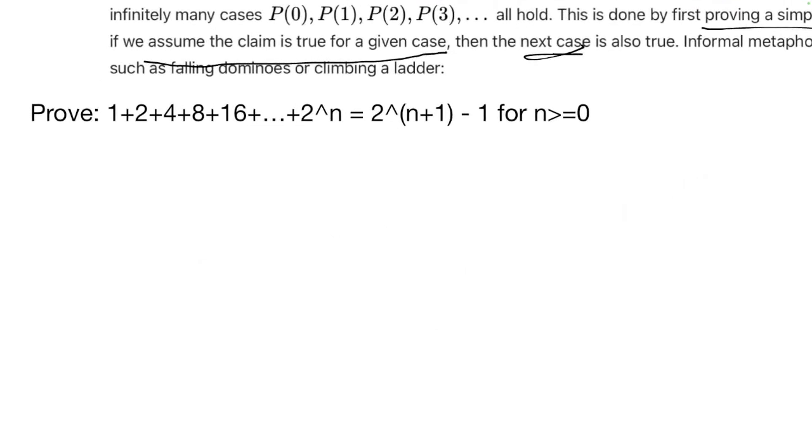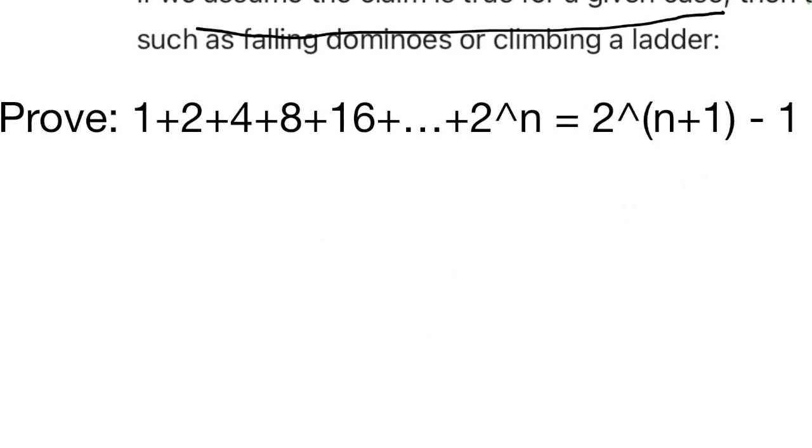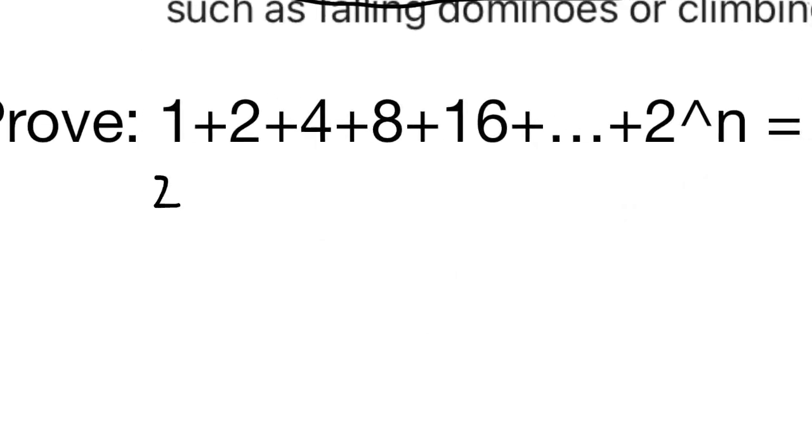So let's start with observing the pattern from these sets of numbers. Now we see that our last term is actually 2 raised to n. So this tells us that this should actually be a sum of 2 raised to some index i. Now if we carefully observe, 1 is actually just 2 raised to 0, 2 is just 2 raised to 1, 4 is just 2 raised to 2, 8 is just 2 raised to 3, and 16 is just 2 raised to 4, and so on